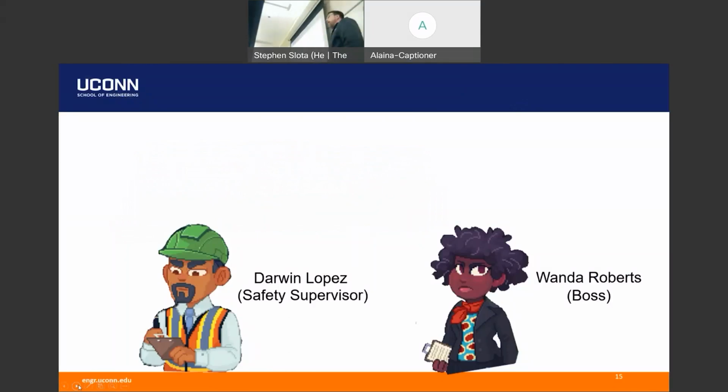All right, and so here's some of the characters that you deal with. This is also interesting from a DEI standpoint, right? Because we're actually able to manipulate, one of the things we want to do in the future is look at manipulating the identity of the characters. Engineering has a diversity problem in general, right? And so being able to cast different characters in different roles, either in a supervisory position or a subordinate position, allows us to look at how students respond to different people in those positions.